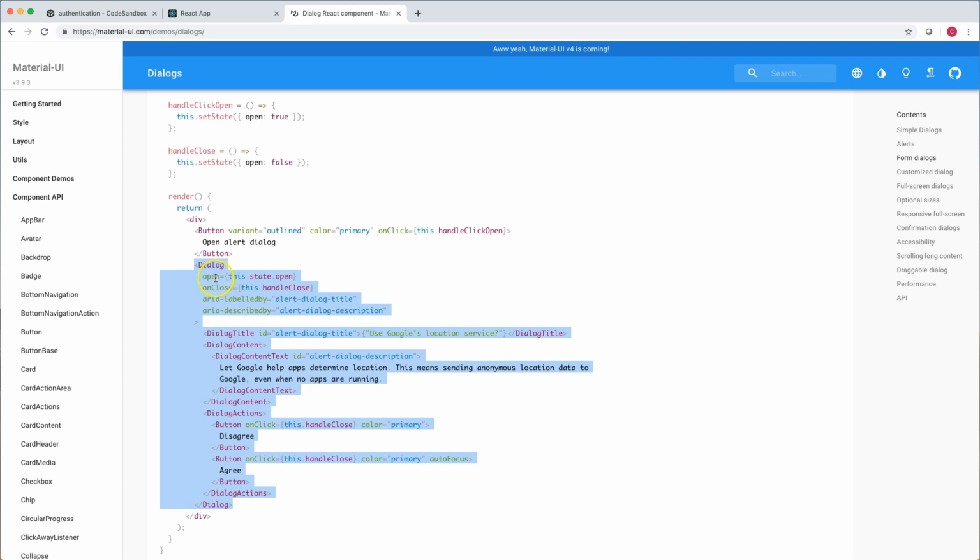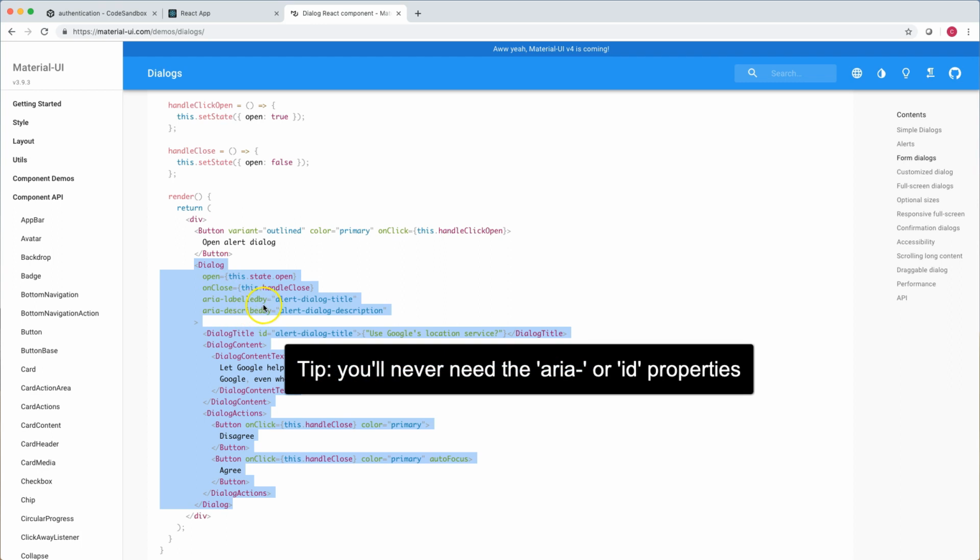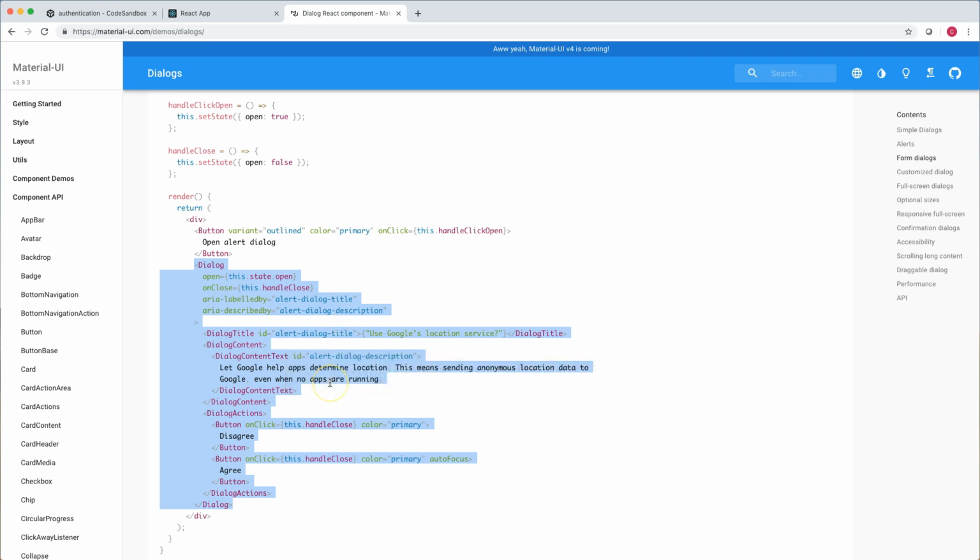Say, do I need open? Yes, I do need open. Do I need on close? What does that do? Do I need this area labeled by? No, I don't. This other area? No, I don't. Do I need these IDs? No, I don't need these IDs. Take all that stuff off, simplify it down, and then add more stuff if you need them based on the